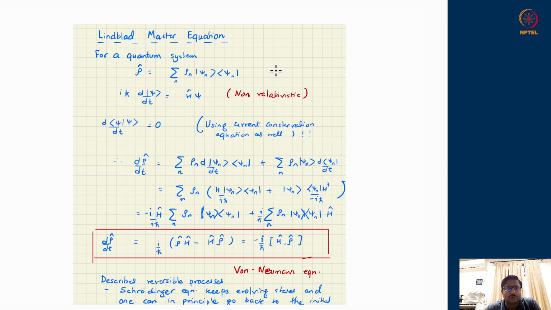evolution equation for normal density matrices, which depicts any quantum state of matter. For instance, suppose we are talking about a quantum system whose density matrix is given by this expression, where this rho n or Pn is just the projection of, in this particular state set, psi n. This you might be familiar with from your earlier courses of foundations of quantum mechanics, or even in quantum mechanics, in which the density matrix approach is being discussed.